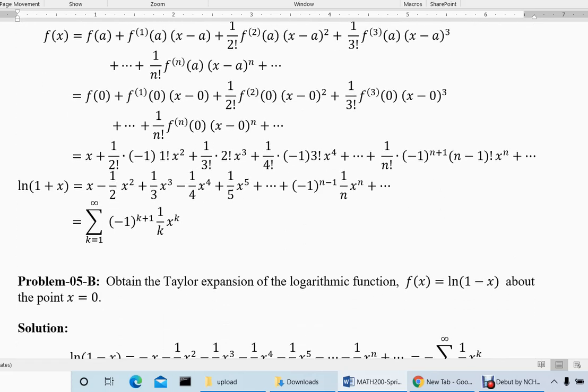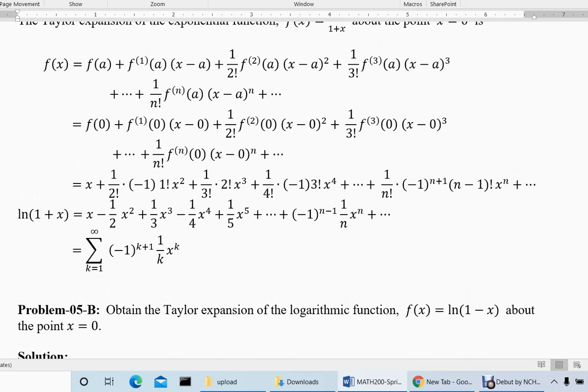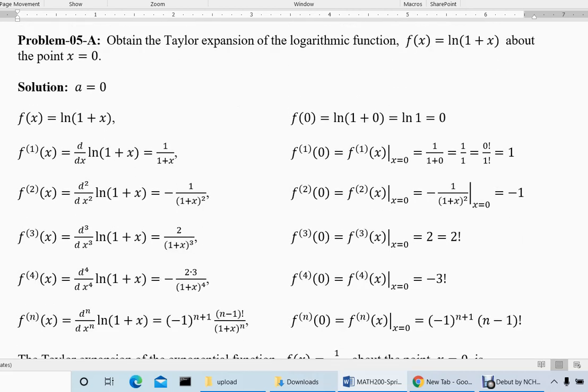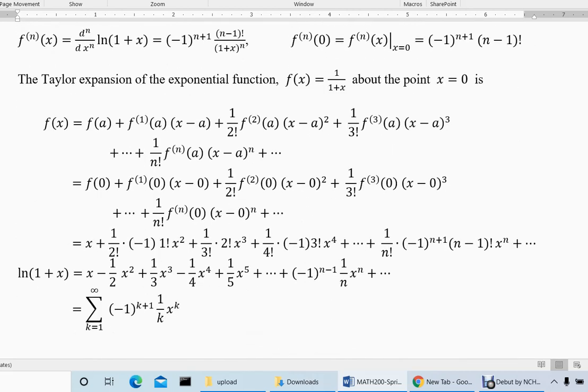Again, when you put in the Taylor formula, do it step by step calculations. First term is f of a, f of 0, which is, how much is f of 0? Look here, it is 0. So your first term is 0, which I have not written. If you want, you can write it. Then the first derivative into x minus a, you will get 1 into x. Second derivative divided by 2 factorial into x square, x minus a is equal to 0, so x minus a whole square will be x square.